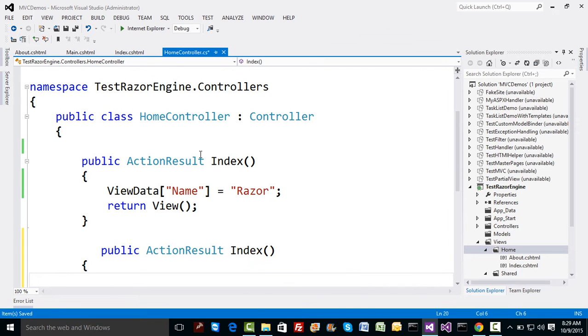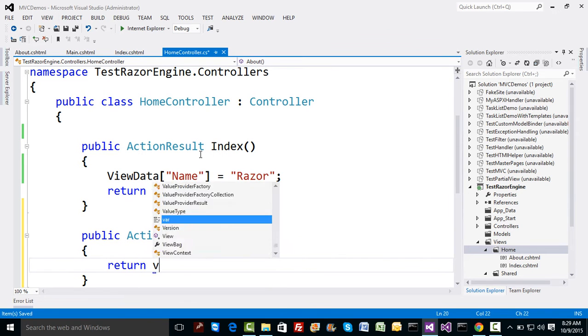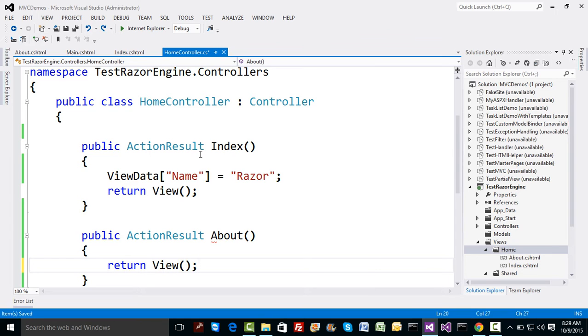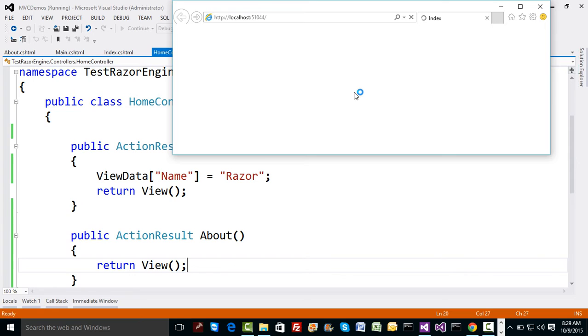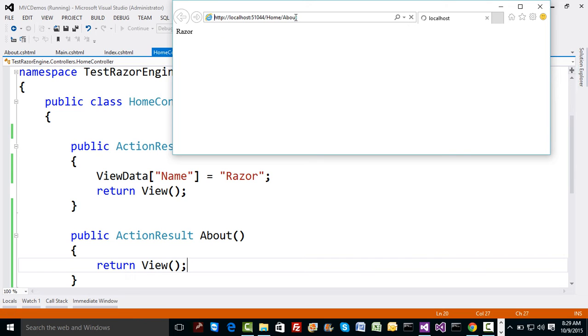I'll specify one extra method. Let's call this method as About, and let's return the view as it is. So let's specify here View. Now let's run the code and see what happens on the screen. By default, what will appear in front of me is Index. I would give a call to home slash about now. Now the time you say enter, we have got about entered. The title is About Me now, and this is the content from child page appears as it is.